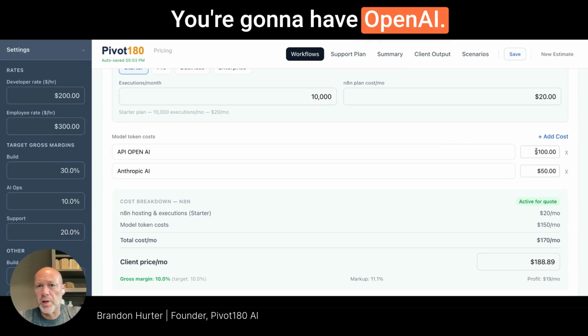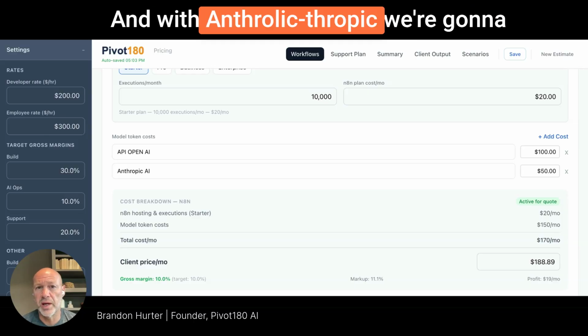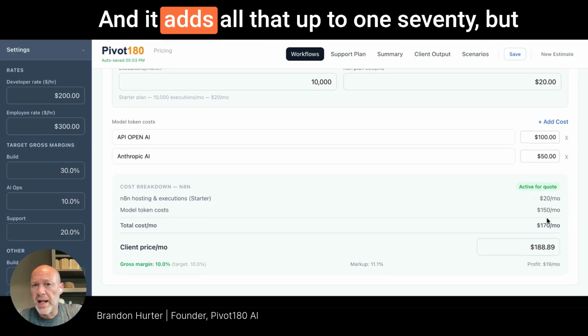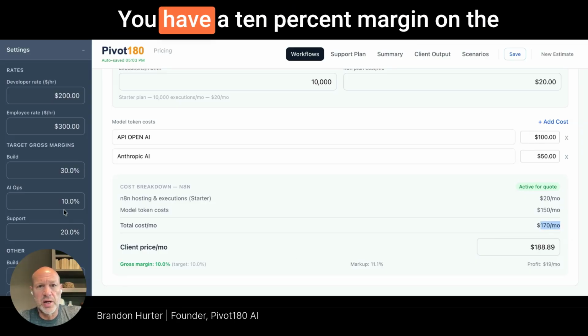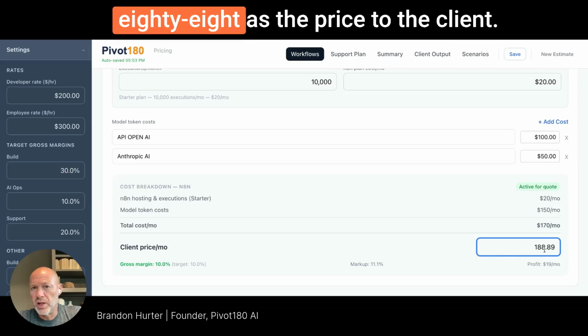You're going to have OpenAI. We're going to spend about $100 worth of tokens a month, which is a huge amount. And with Anthropic, we're going to spend about $50 a month. And it adds all that up to 170, but then it's going to work in your margin. You have a 10% margin on the AI ops, so it's going to hit you with 188 as the price